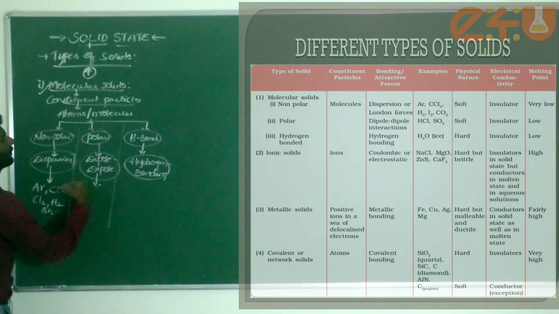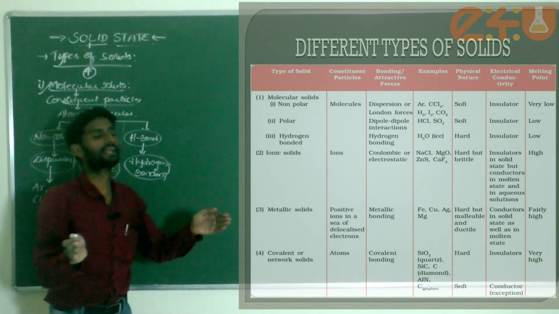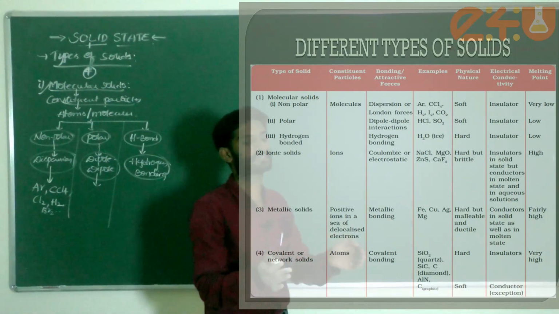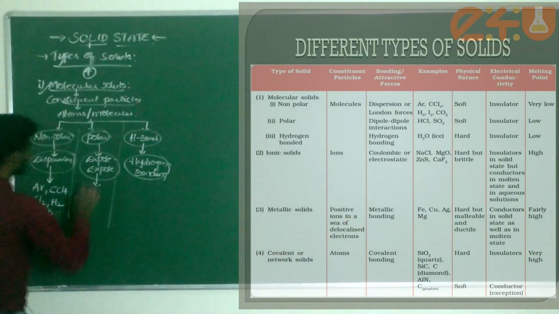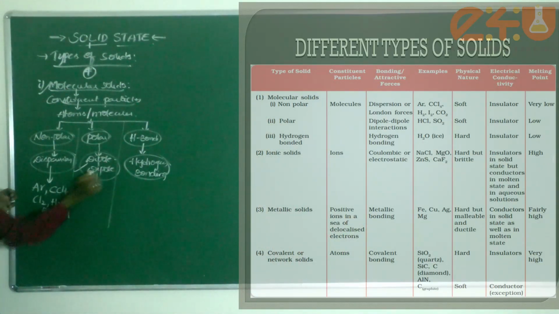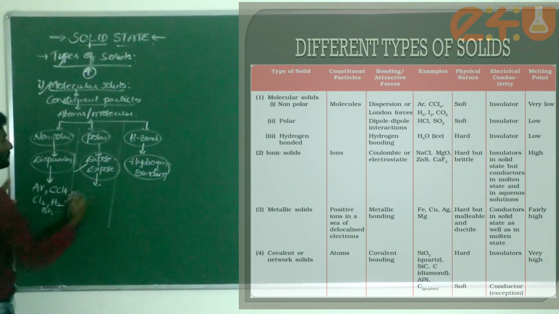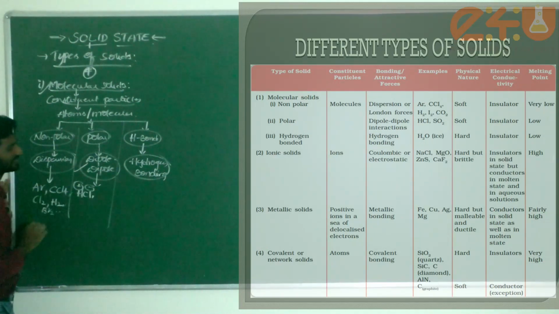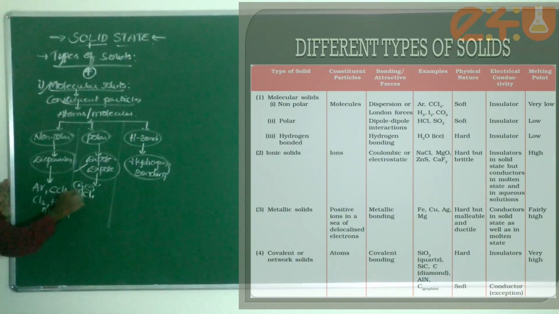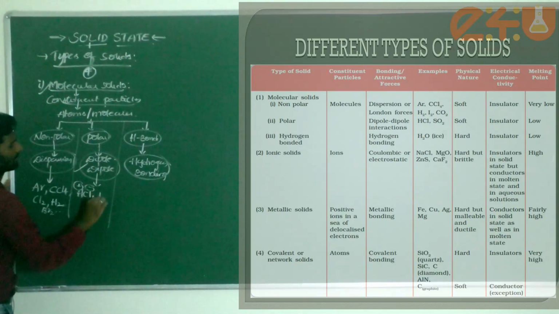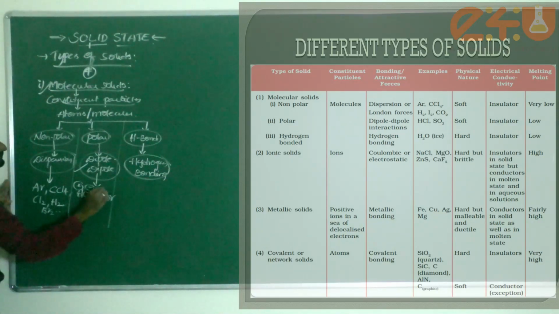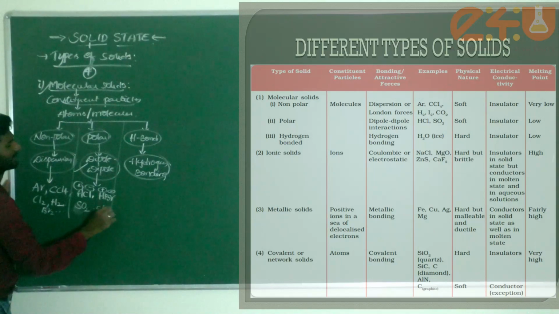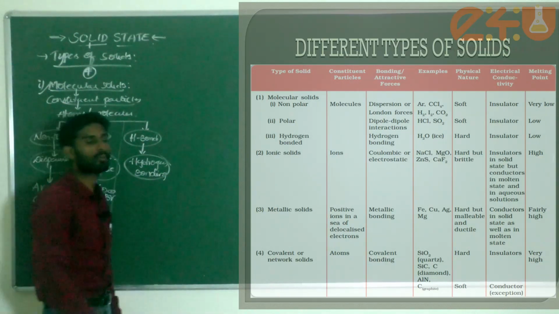But in case of a dipole molecule, dipole means what, students? There are oppositely charged atoms present in the same molecule. Such a molecule is called polar. Dipole interactions or dipole forces are there. Example: HCl, the best example. Just check here, H plus and Cl minus. This is a polar molecule. Next, HBr, H plus Br minus, and SO2 and so on. These come under polar molecules.